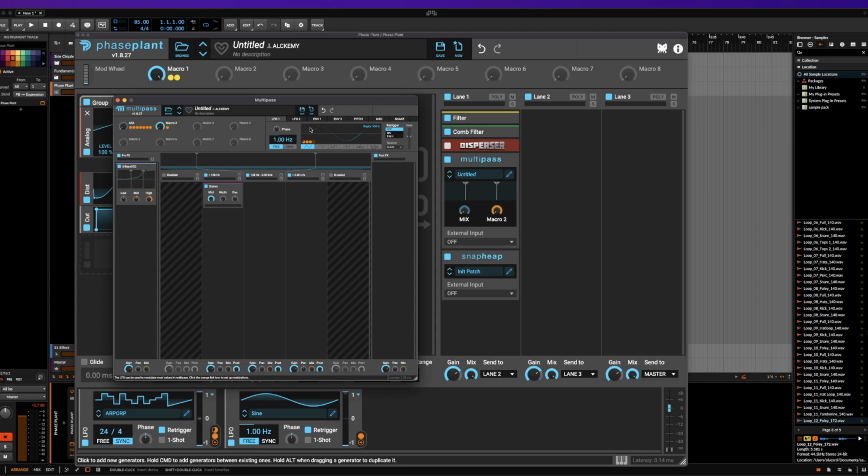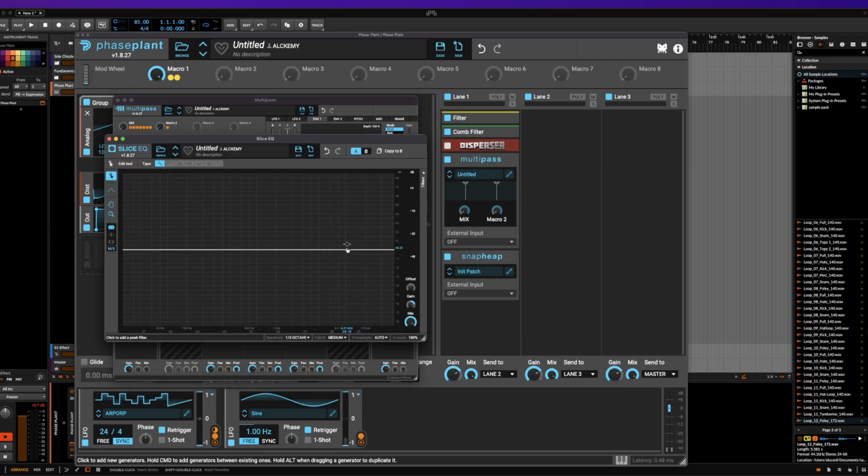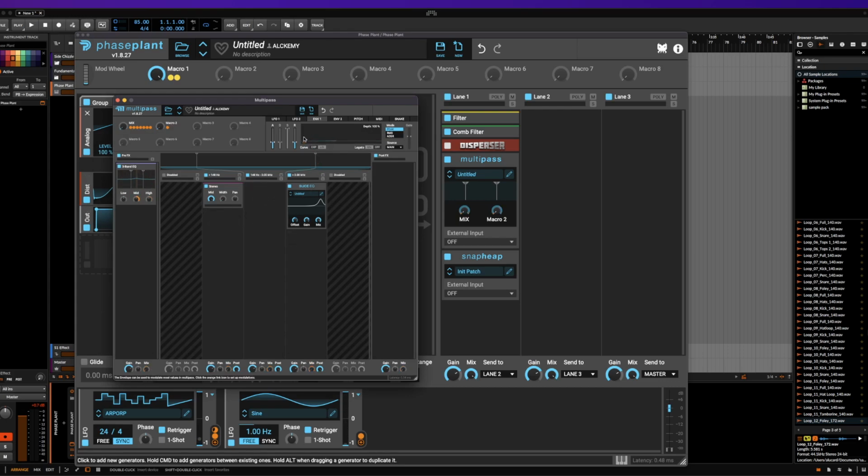The other thing that's really interesting within both Multipass and Snap Heap is that you can actually use the envelope as an envelope follower. What's really interesting about this is whenever you hear audio being triggered, this will actually activate this. Where this can be useful is, let's say you've got something like a slice EQ, and we're just going to use the gain for this. Let's create an actual thing first. Maybe like this, where you can see that it's up. You can grab this here and pull the gain down. That way, whenever this audio is triggered,